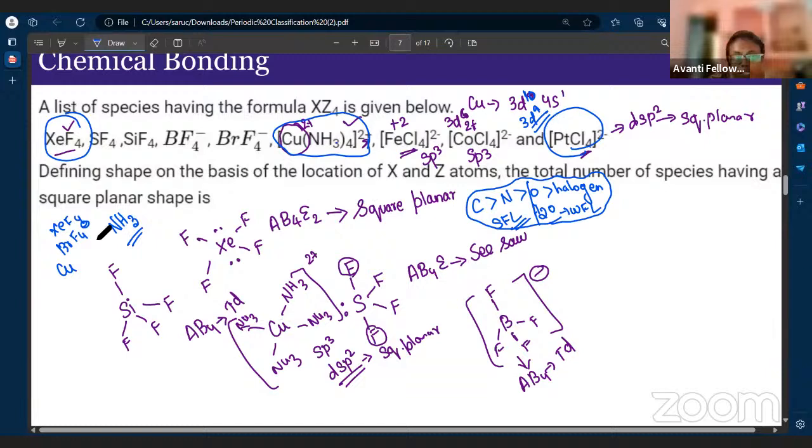Okay, so HCF4, BrF4 minus, then the copper complex and the platinum complex. So therefore, the answer is going to be like,